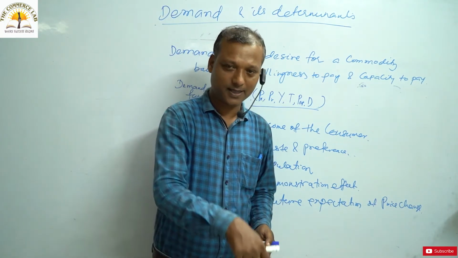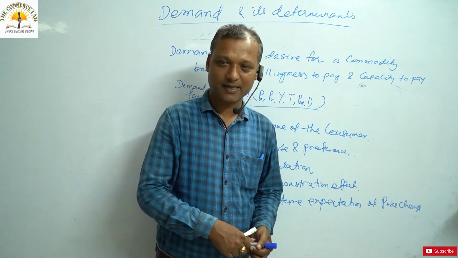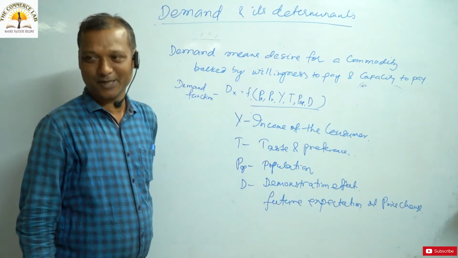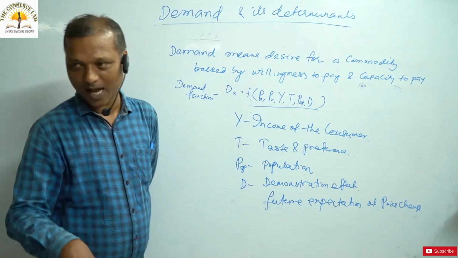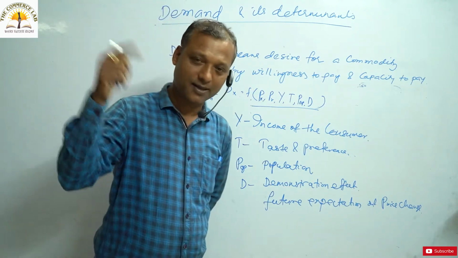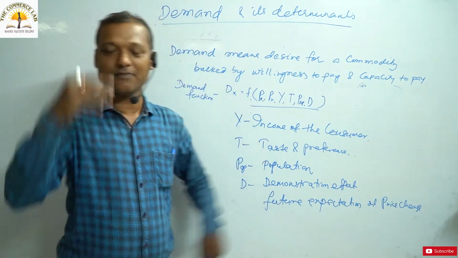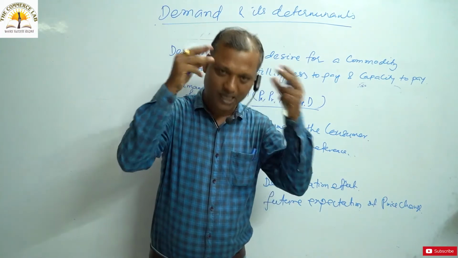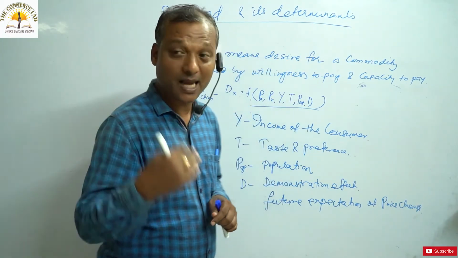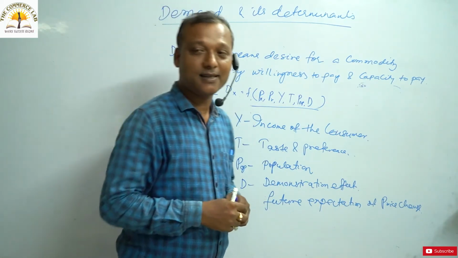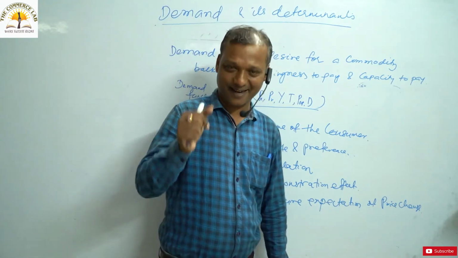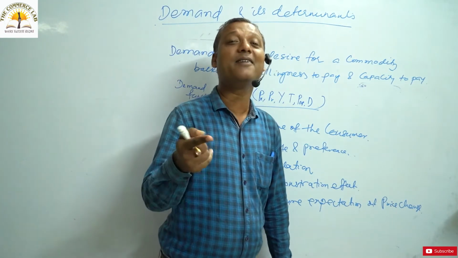The price you are purchasing now is called your present price. The price you expect in future is called your future price. The price you are supposed to pay in future is called the future price. Sometimes we predict, sometimes we expect some change in price. The change may be plus, the change may be minus.